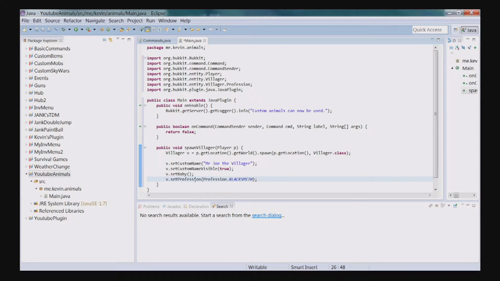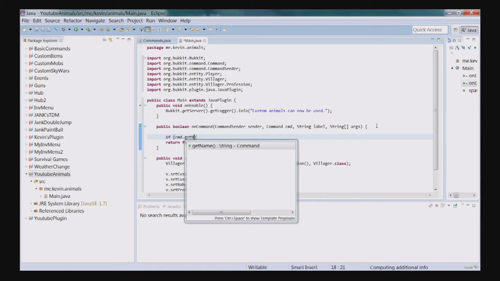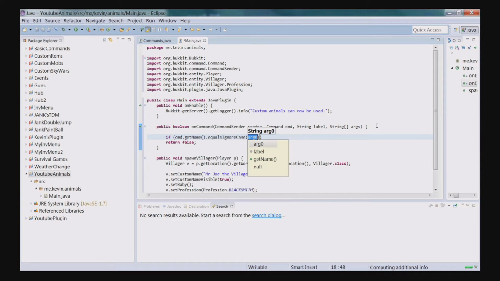But as I was saying, we're setting the profession as a blacksmith. We're naming him Mr. Joe and making it so his custom name is visible, and we're making it a baby villager. So now to actually use this method, we can do just a command. So if cmd.getName equals ignore case spawn villager,